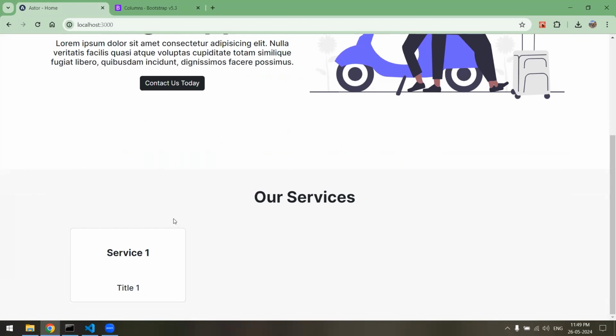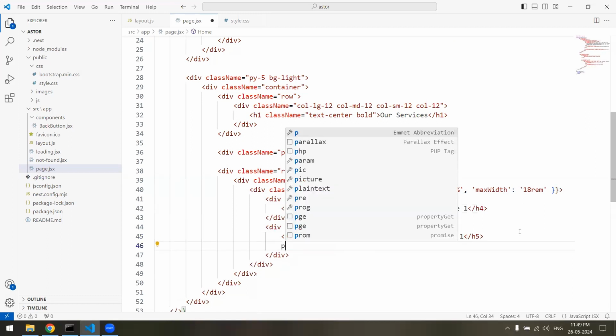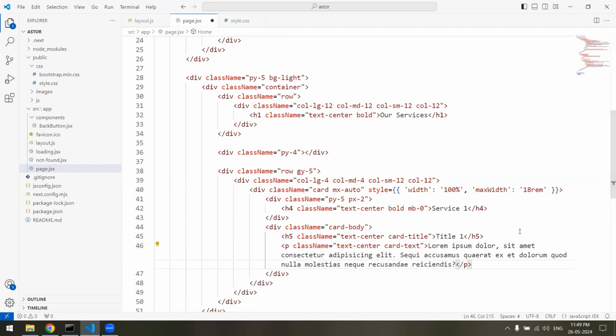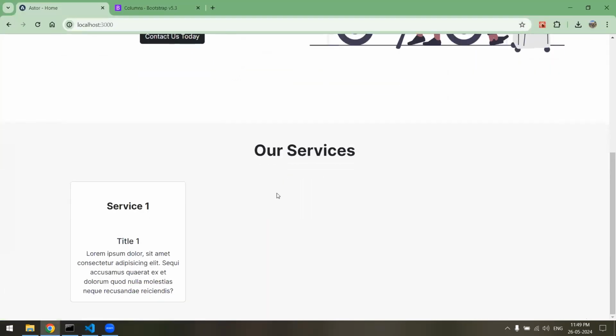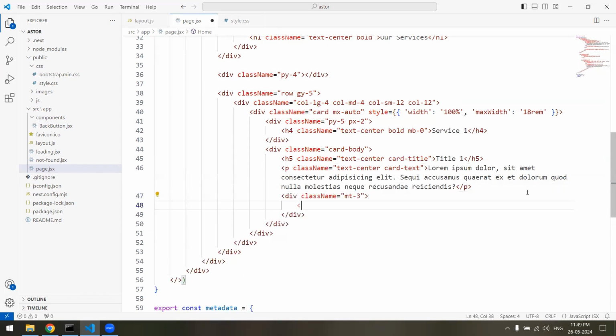And there would be a small description as well, p dot text center, that will be card text, and we'll put some lorem ipsum here, 20, and then at the bottom we'll use a link,